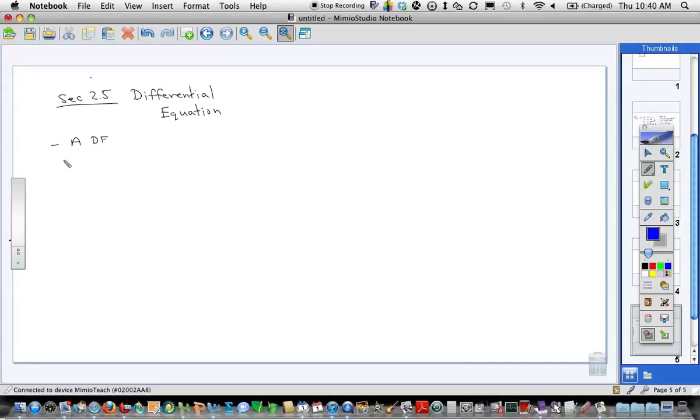A DE, which your book abbreviates DE, a differential equation, is any equation with derivatives in it. Any equation with derivatives in it. So we've actually written some differential equations that you didn't even know. We didn't call them that, but they were differential equations. And the next important thing is